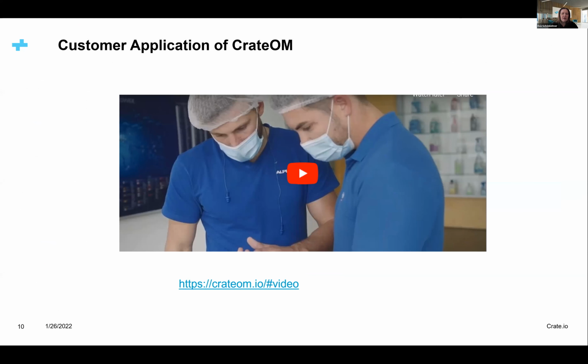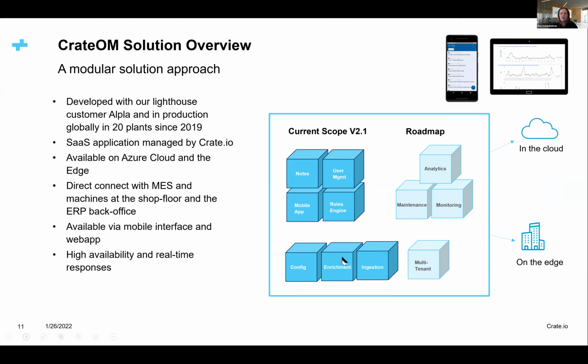So why am I saying this now? And what is the translation to technology here? This is a SaaS application. We did this in collaboration with Microsoft, so it runs in the Azure cloud today, and we're running this in the cloud live in real time, 24/7 in 20 plants today. And it has an SLA.